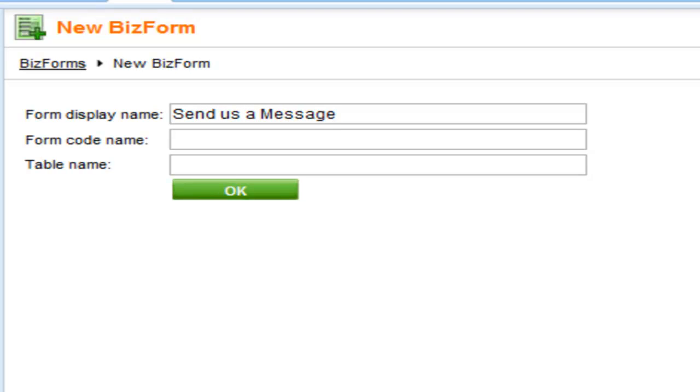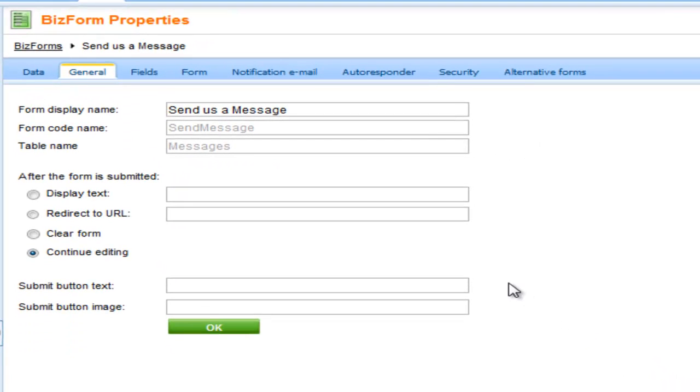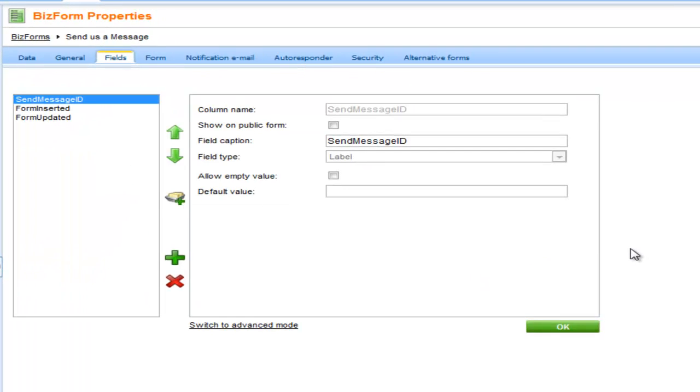Within the form code name, we're going to enter Send Message, and the table name, we're just going to create it as Messages. Then we'll select OK. Now that we've created the general information, let's go ahead and create the fields. Fields are created individually. So the first thing we want to do is select New Attribute,